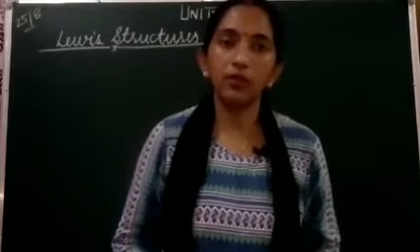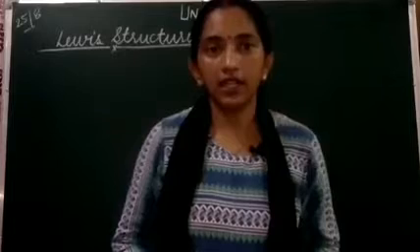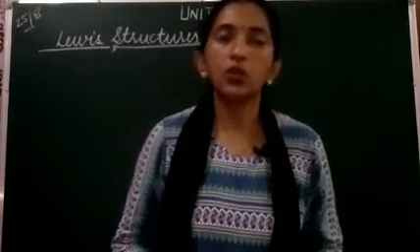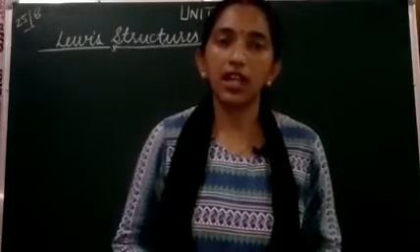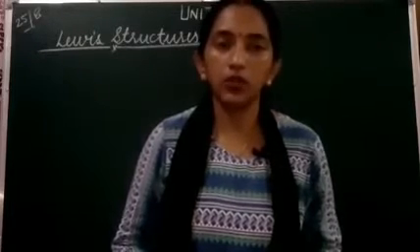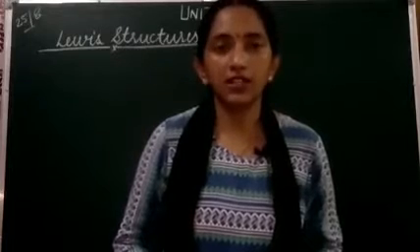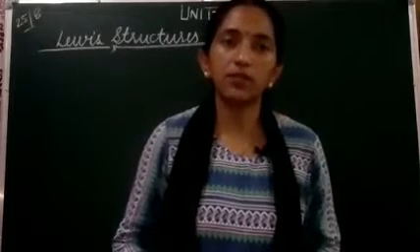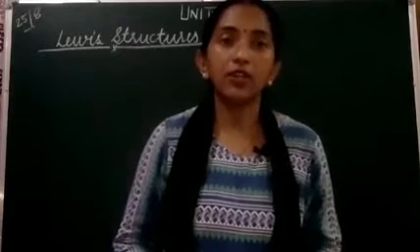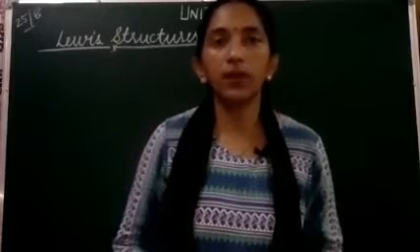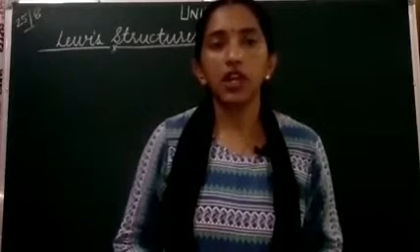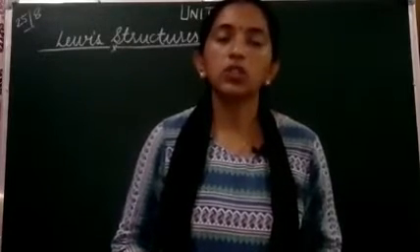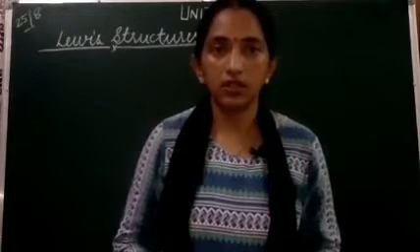The second step will be that if it is a cation, we have to subtract the number of electrons equal to the unit of the positive charge that is present over the molecule from the total number of valence electrons. And if it is an anion, in that case, we will add the number of electrons equal to the number of unit negative charge on that species to the total number of valence electrons, right.